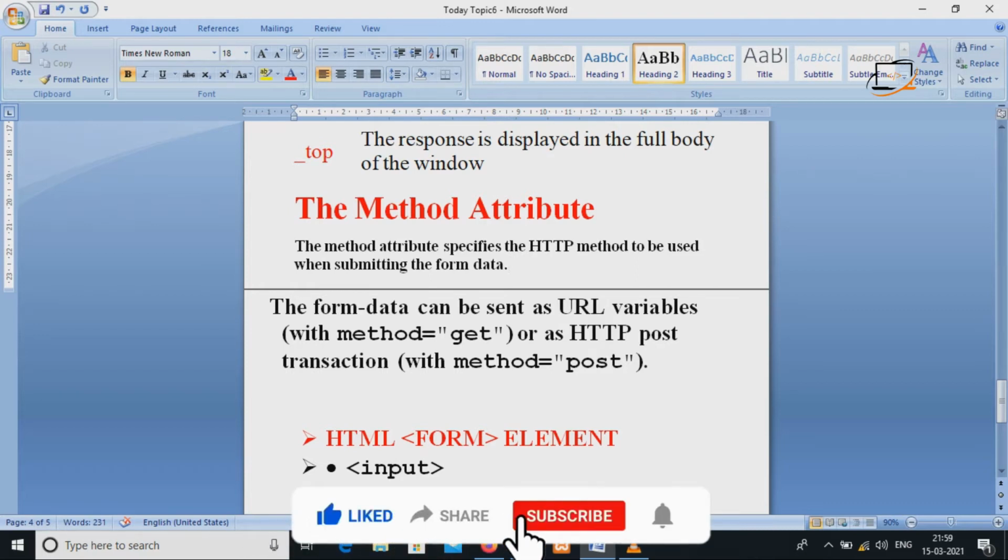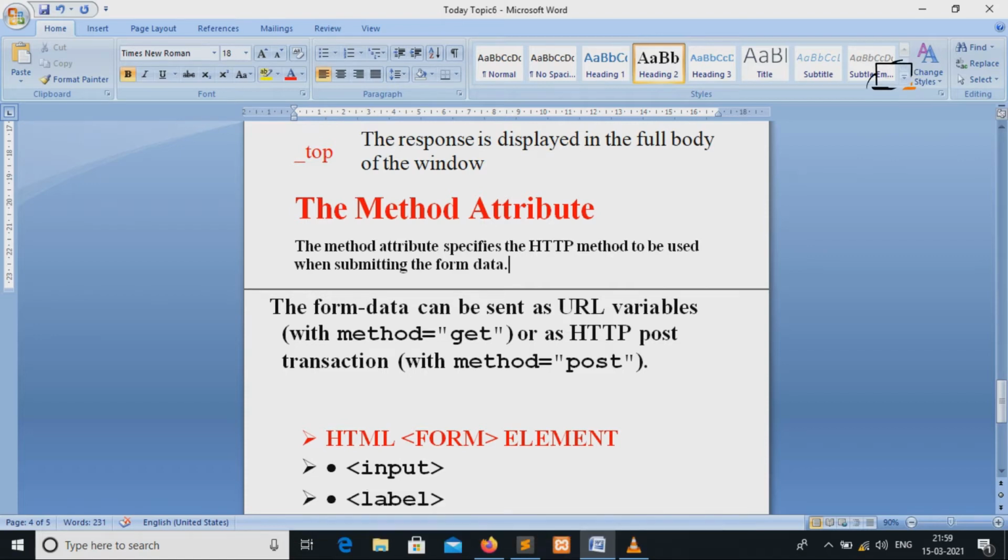If we are using sensitive data, we cannot use the get method because the data would be displayed in the URL. In this situation we use the post method so that the data stays safe and is not displayed in the URL.